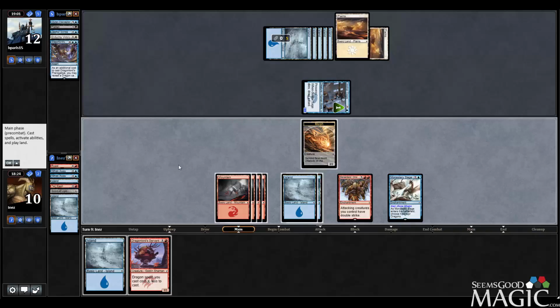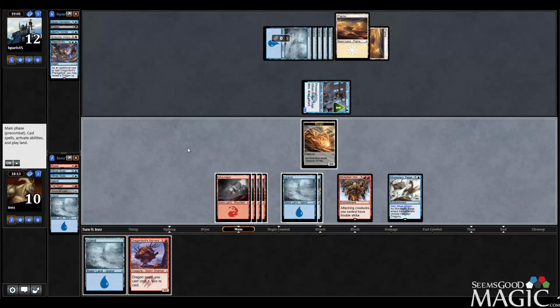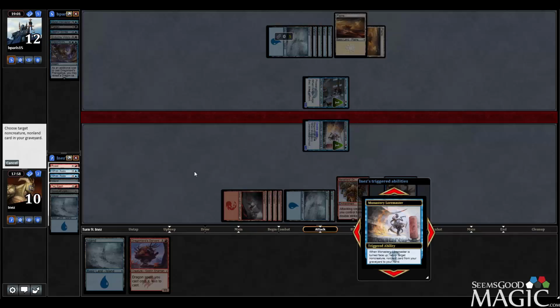So, do I want to bring back Tail Slash? Do I want to bring back Whisk Away? It's easier to play around Whisk Away, although you can play around Tail Slash too. I mean, regardless, we're getting in for 8 here. We know he's got...